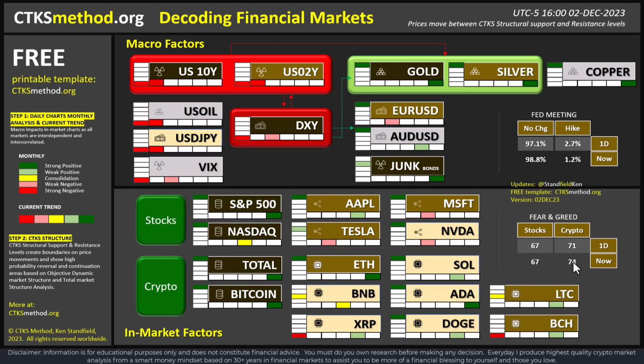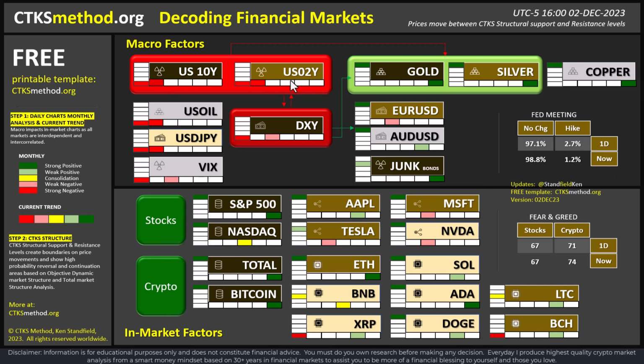Yesterday it was 71, today it's 74. There is an expectation come Monday that yields will still be under pressure, the dollar will be under pressure, and the main markets will continue to rally. That is seen by the focus of the Fed FOMC meeting. The futures traders have a 1.2% probability of a rate hike right now. It was 2.7% yesterday. The lower this rate hike percentage is, the worse it is for yields,